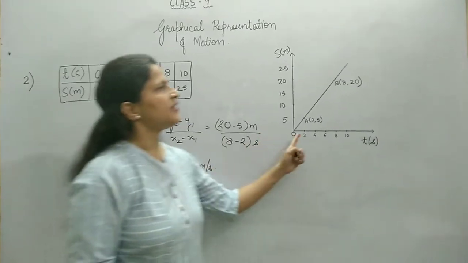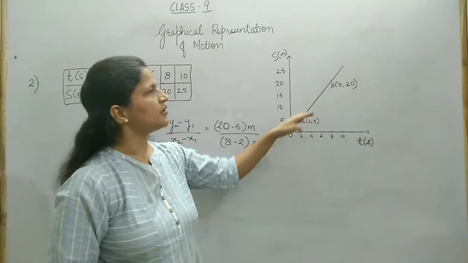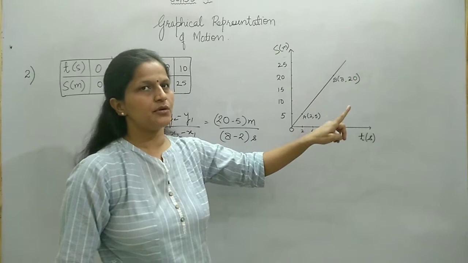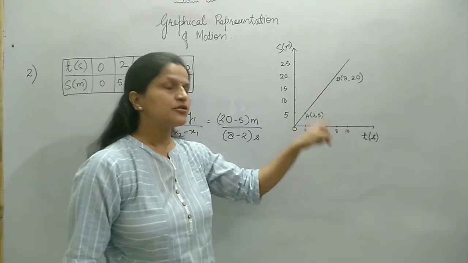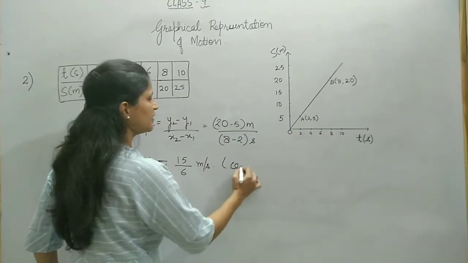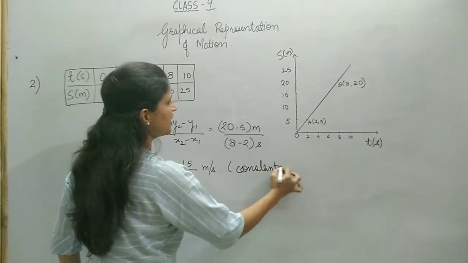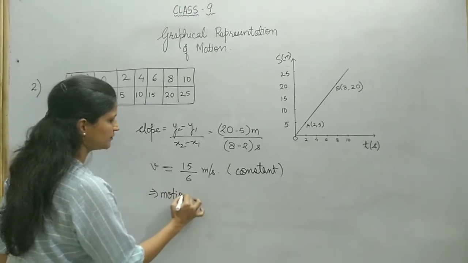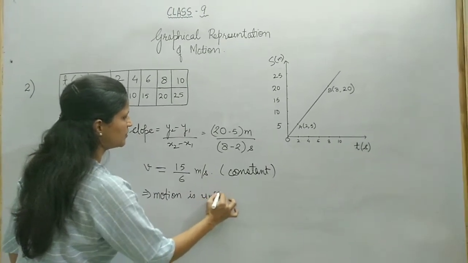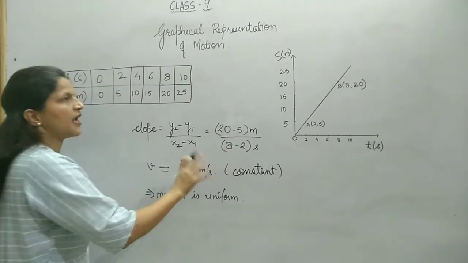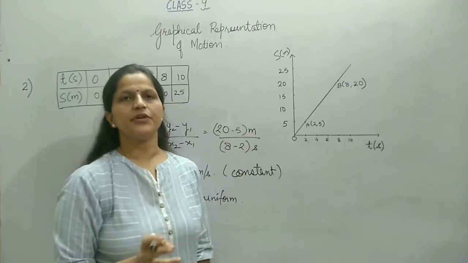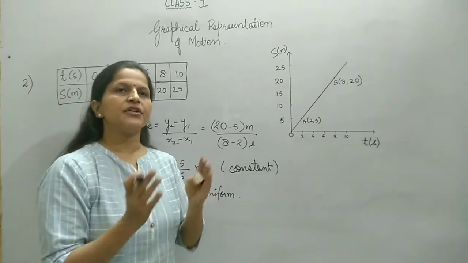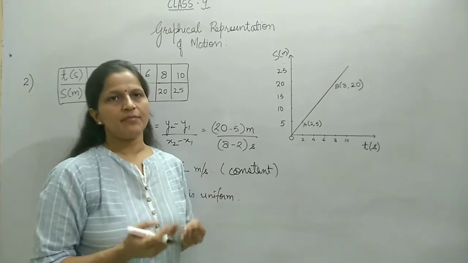Again, another inference that we can see, as I told you before also, is that the slope is there and it is a constant slope, not changing slope. If the slope is constant, it also means that the velocity is constant. And if the velocity is constant, then it means that the motion is uniform. So, if any graph is given and you are needed to interpret that graph, you can see the shape of the graph, and according to the shape of the graph, you can say what type of motion that is.